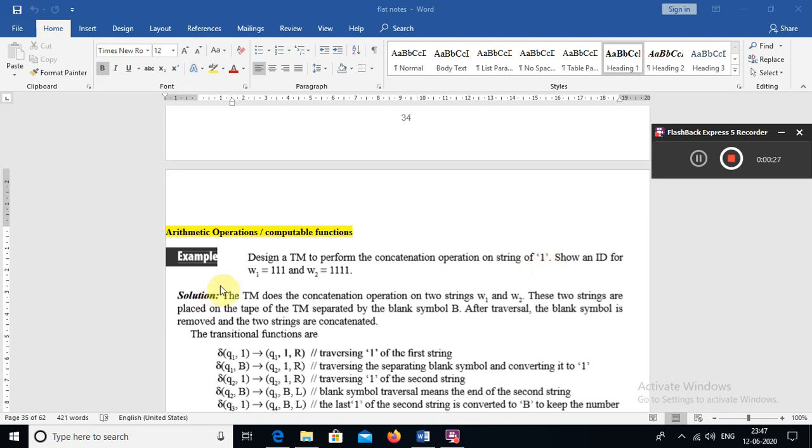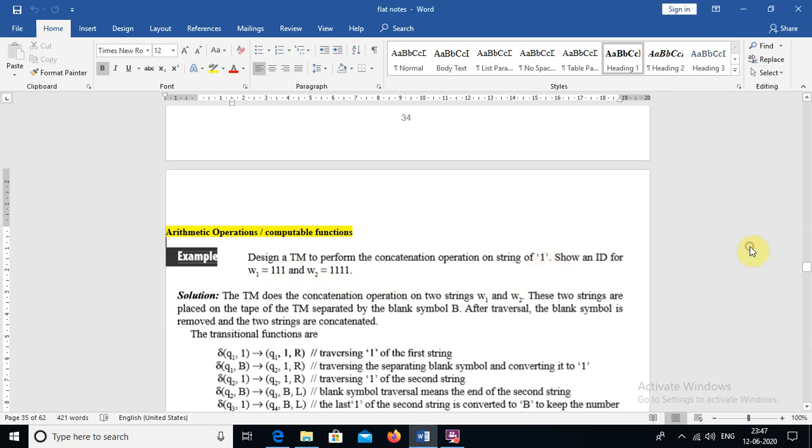That means you take w1 as one string consisting of three ones, and w2 is another string consisting of four ones. That means strings of 1. That is, we have three ones here and we have four ones here. And how to construct a Turing machine or a transition function for this is